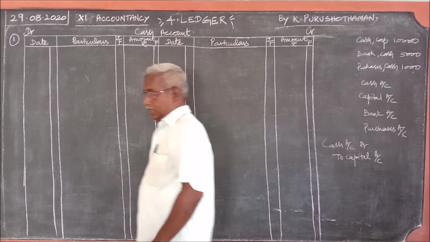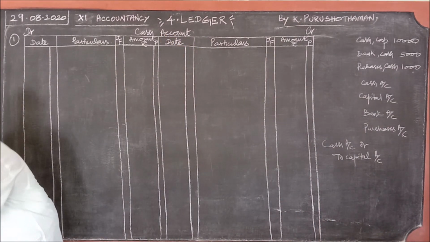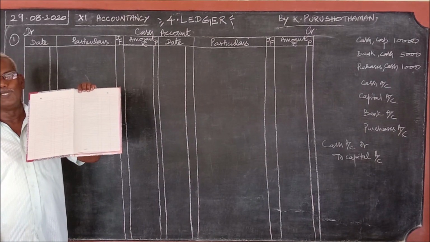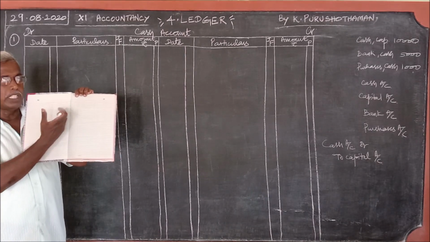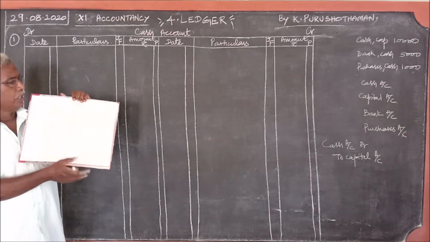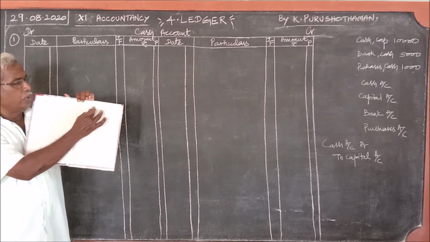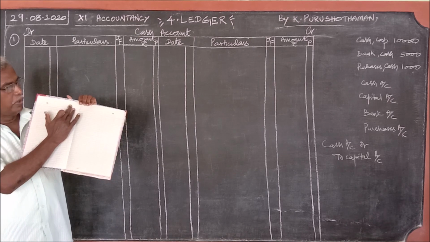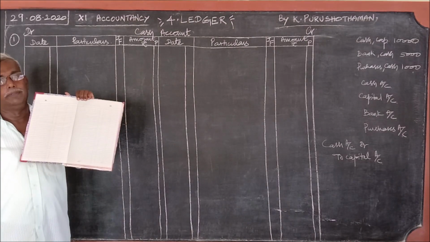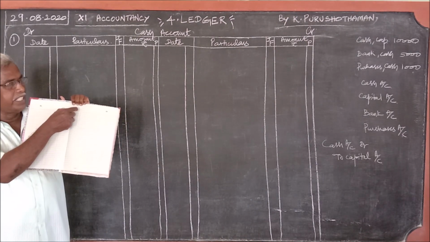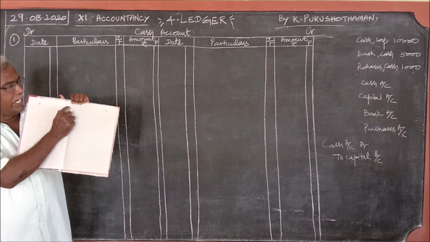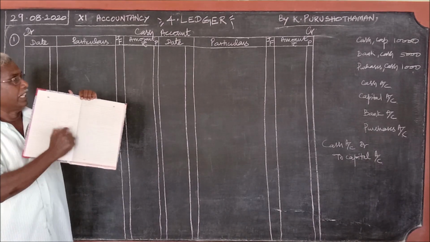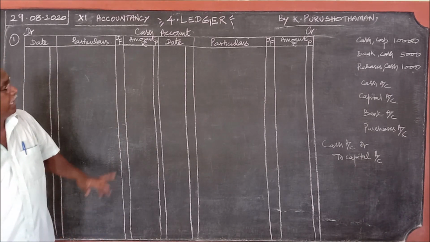One more thing I should tell you, I did not tell you about that. Listen now, where you should write the heading. Since you are using both the sides of the notebook, you should write cash here, account here, because that is the center space. Not this side cash account fully or this side cash account fully. So you should write it at the center. Here cash, here account. This is the middle space for both the sides.